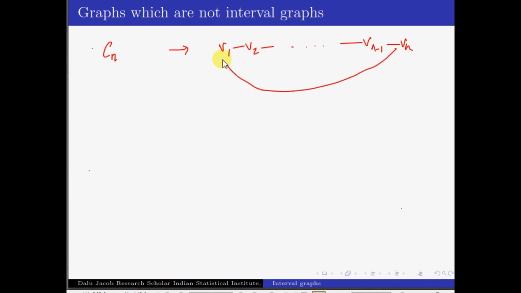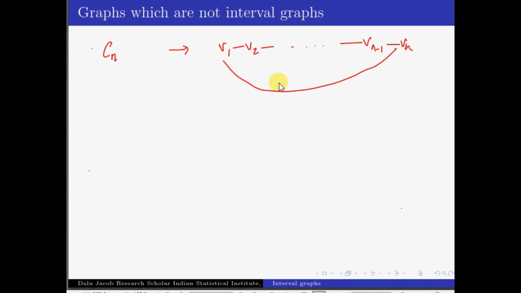So it's actually a sequence of vertices where consecutive edges will be adjacent to each other, and finally the last vertex will be connected to the first vertex. So here note that whenever you say Cn, I mean an induced cycle on n vertices, which means that other than these edges on the cycle, there won't be any additional edges between any of these vertices. So these are the only edges that we can find in the cycle Cn.